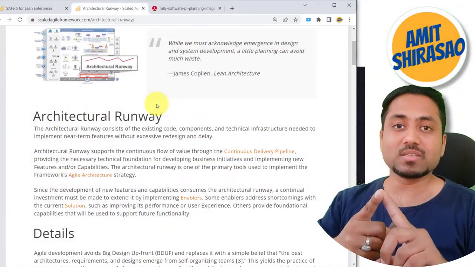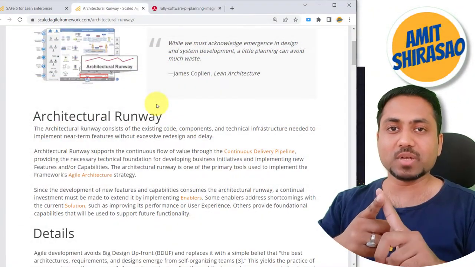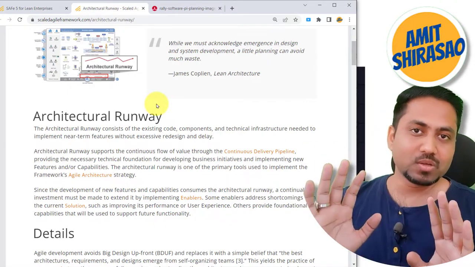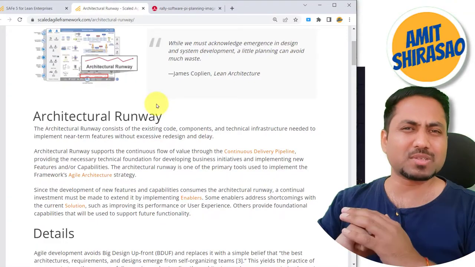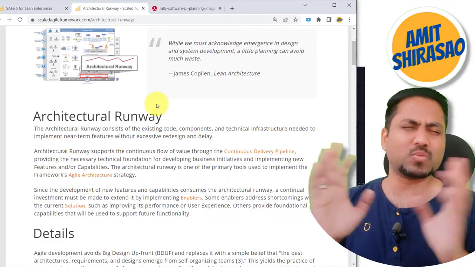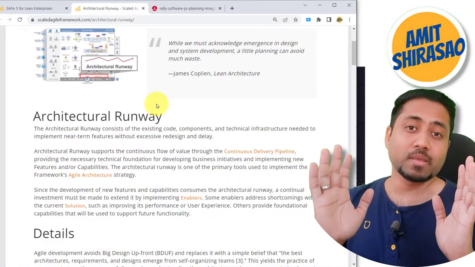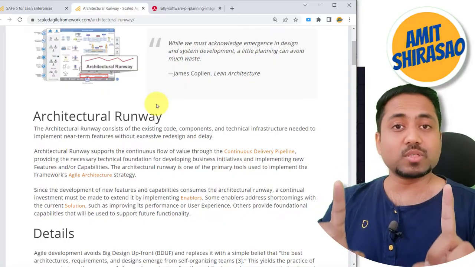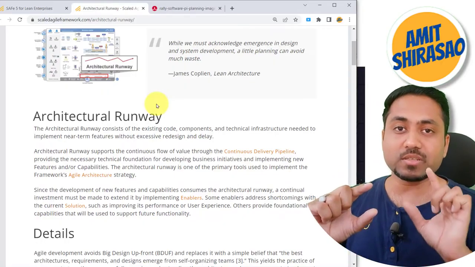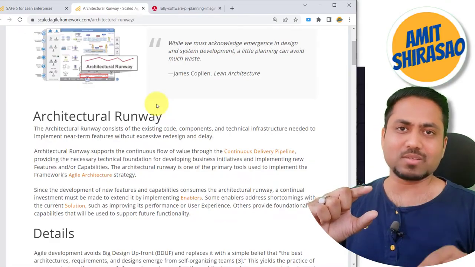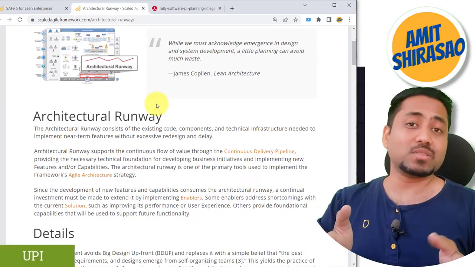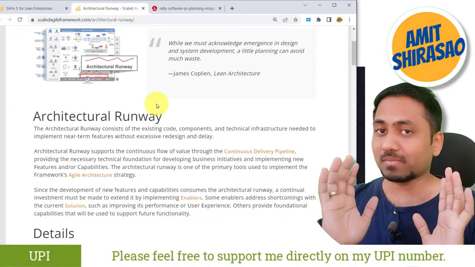So this is a point which is made compulsory in your architectural runway. So now any other team is not going to say that, okay, I am not using that microservice architecture, I have one service only and it's humongous, it takes 2 hours to deploy. No, your service should take less than 15 minutes to deploy. How you do it is up to you. You create smaller services, you break it down into smaller pieces, but it should be small.